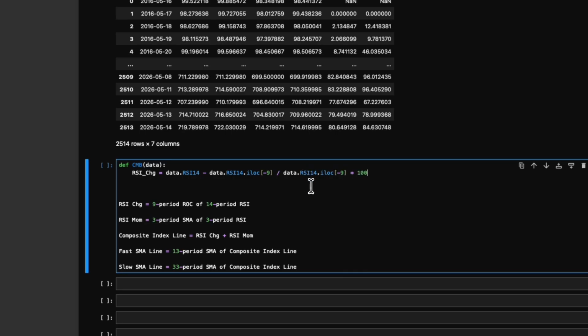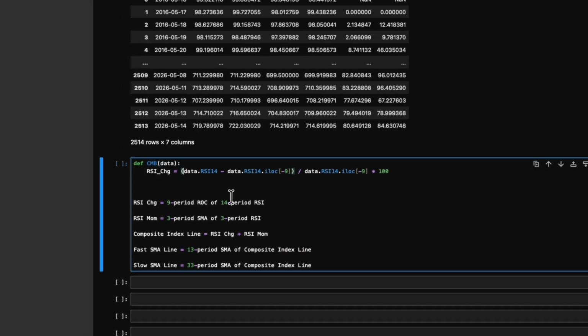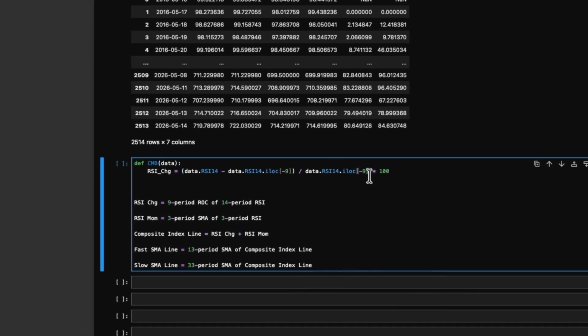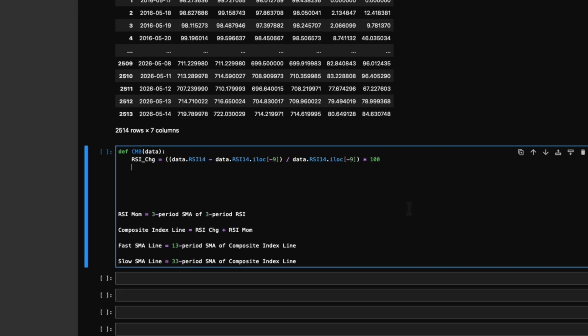We're going to need some brackets, aren't we? So let's bracket that one up and that one up, and then we're going to need a bigger one for this and this. So that's RSI change. We can get rid of this line, and then RSI momentum is going to be equal